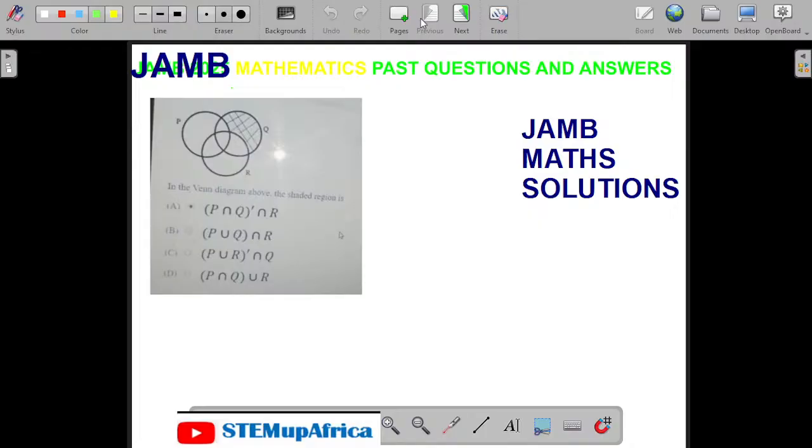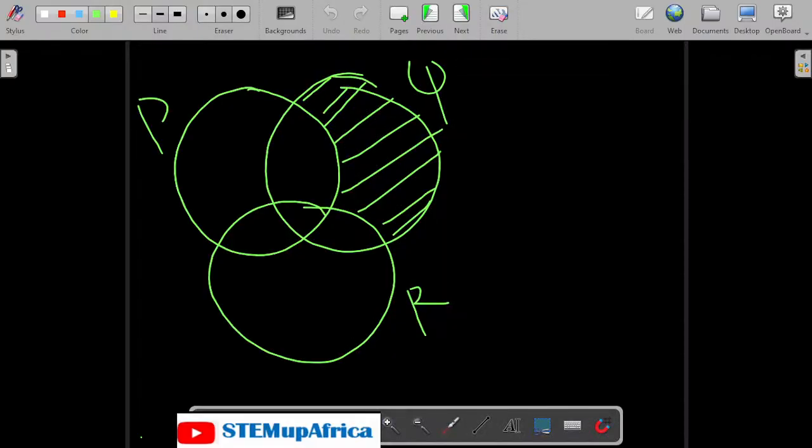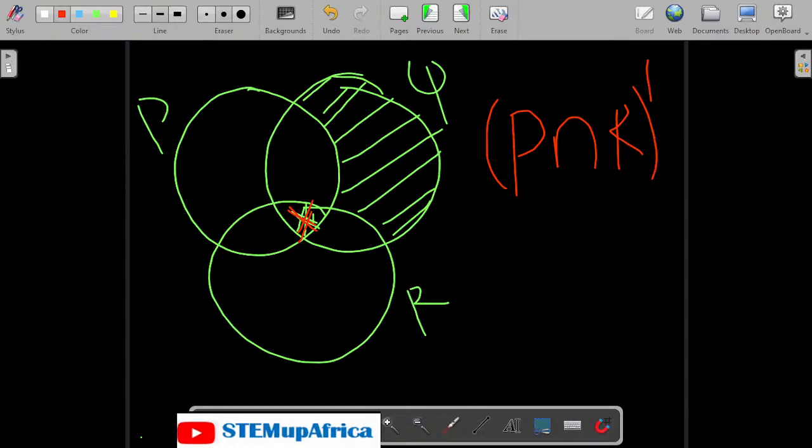So how do you depict it under set? How do you evaluate this under set? So this is what we have, a situation like this. So all the three sets are meeting here. All the three of them meet at this point. So since P and R is not shaded, we are supposed to have P intersection R prime. Because it didn't shade both of them at all, then